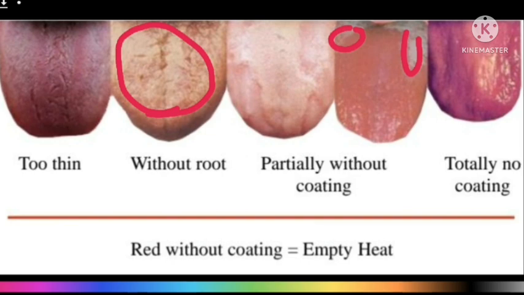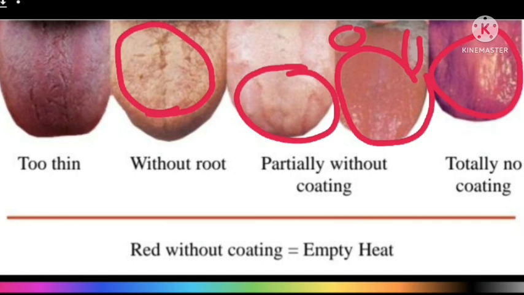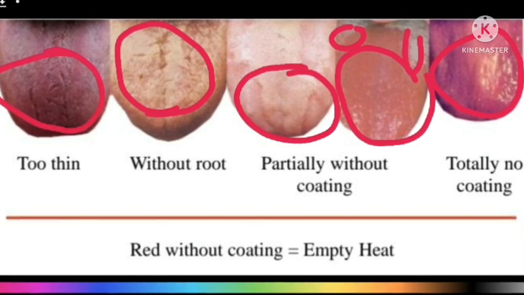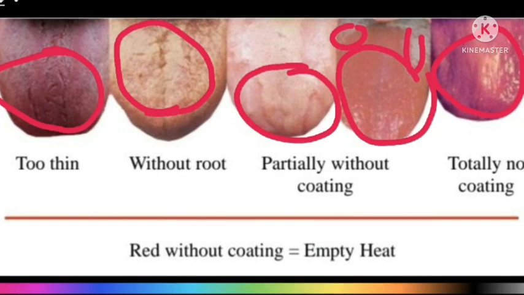You have to see whether the major portion of the tongue has coating or not. So in the case of empty heat, the tongue color will be red, with no coating or partial coating.